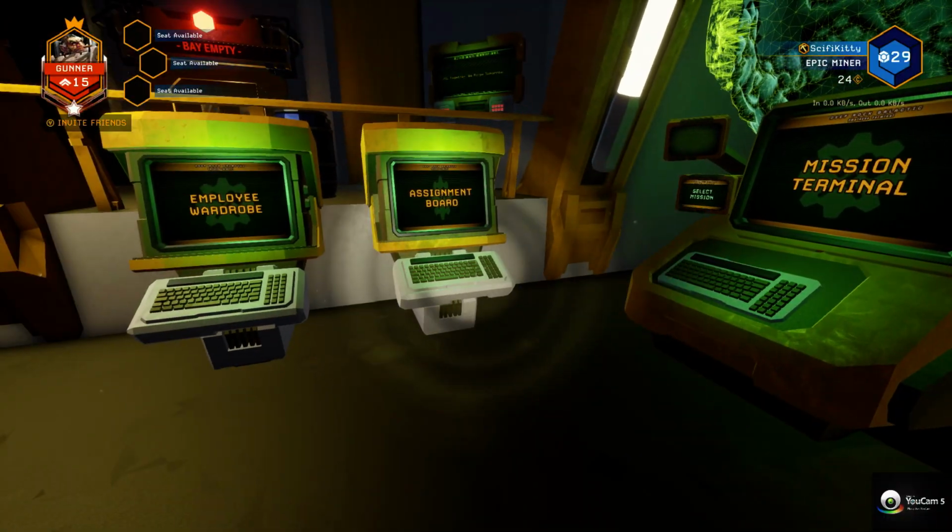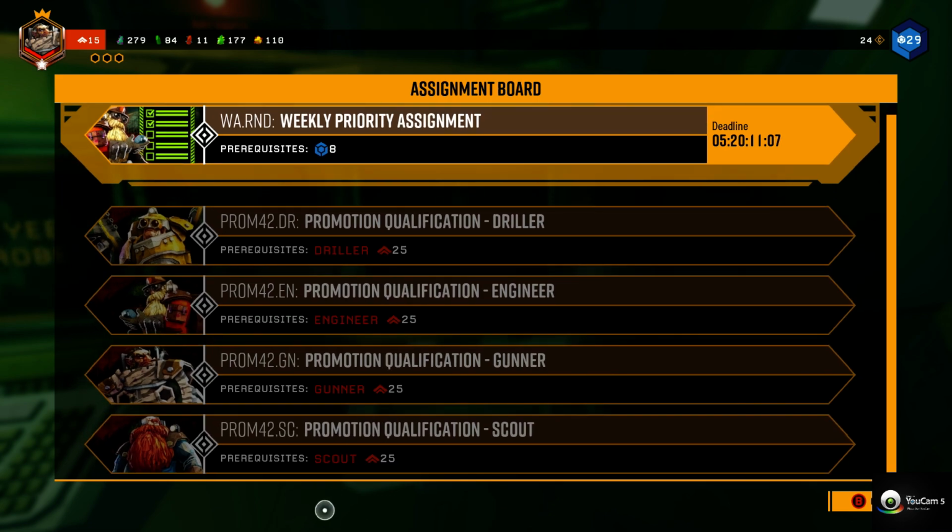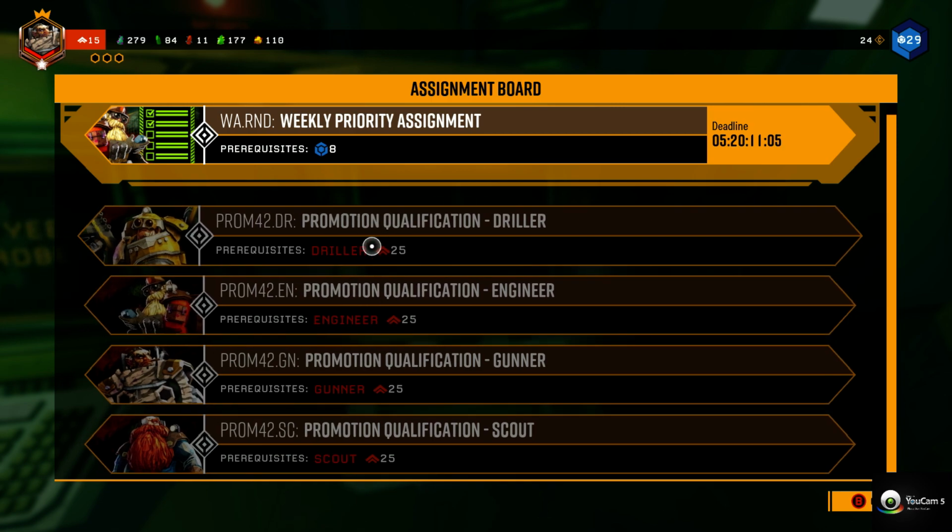And so here's your assignment board. Oh, this is new. Weekly, okay. This is new. I don't know what this one is, but it looks like they're doing weekly ones now. Anyways, here's how you can unlock different weapons in this one, as well as unlock